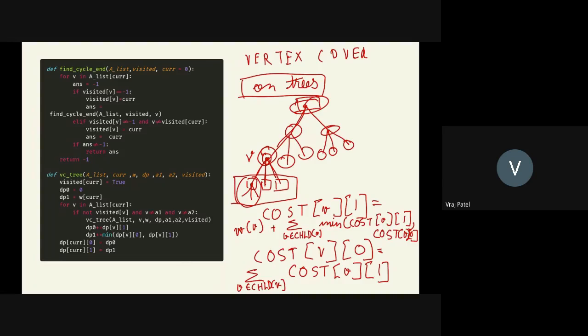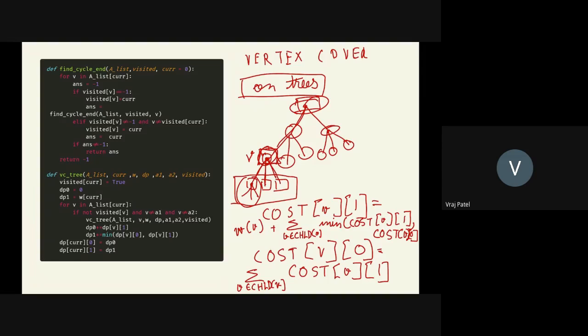Okay, so Amay said it right. It's order of the number of vertices. Why? Because for each of these nodes, we are visiting each node once, right? We are doing a DFS, so doing that DFS is an order n operation. And on each node, apart from visiting all of its children to calculate this answer, what we are doing is just a sum over all of these. We are accessing these array elements.